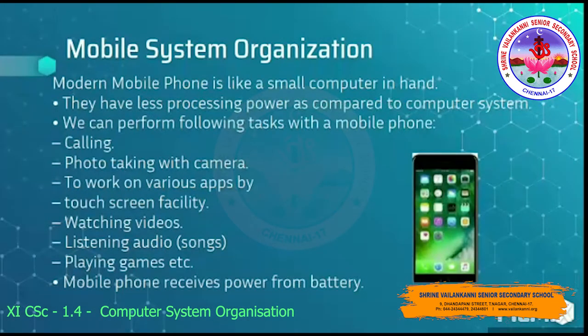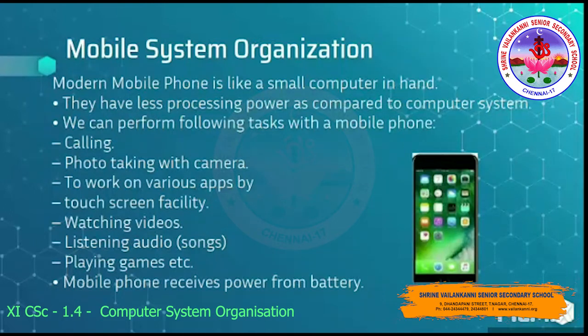Mobile system organization. Modern mobile systems are tiny computers in your hand. Although they have less computing power compared to their bigger versions, they handle diverse types of applications such as making calls through radio signals, offering camera utilities, handling touch sensitive screens, displaying audio, video, graphical content, but having little battery-based power. Thus, like the computer system, the mobile system has components to handle all these.